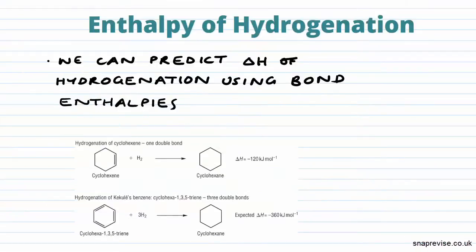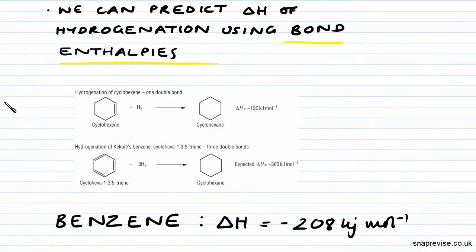The first of these problems was that the enthalpy of hydrogenation was less exothermic than we predicted. Now, hydrogenation is the addition of hydrogen to an unsaturated chemical, and we can actually predict the enthalpy of hydrogenation using bond enthalpies. So here we have the hydrogenation of cyclohexene, which is a 6-carbon ring with only one double